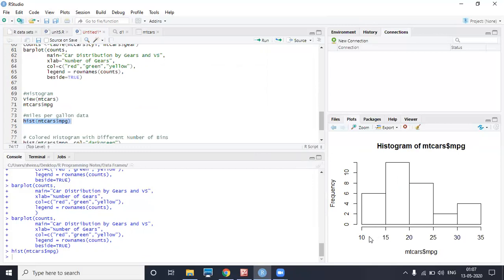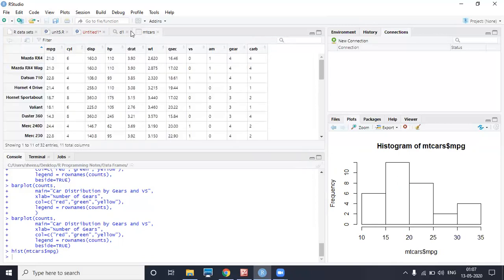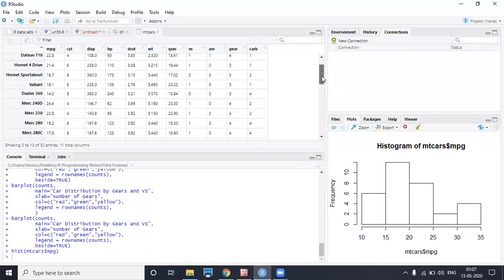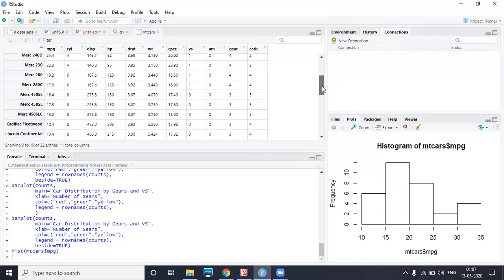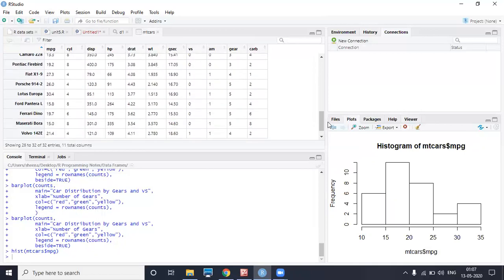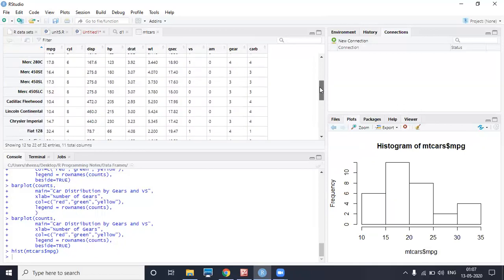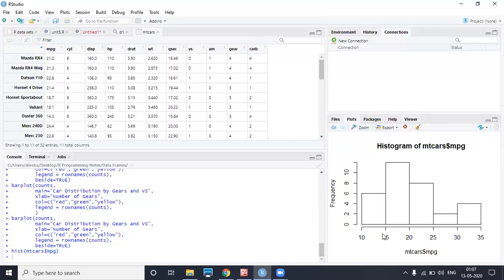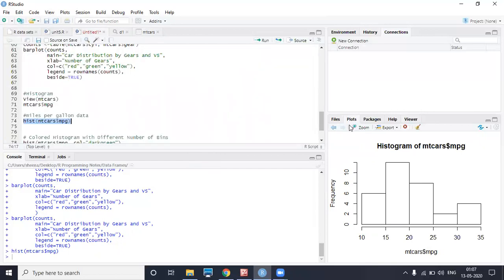Here the MPG values are numbers, and we can see various values starting 21, 21, 22, 14. There are a lot of values, and they range from 10 to 35. So it has automatically taken intervals like 10 to 15, 15 to 20, according to our requirements.